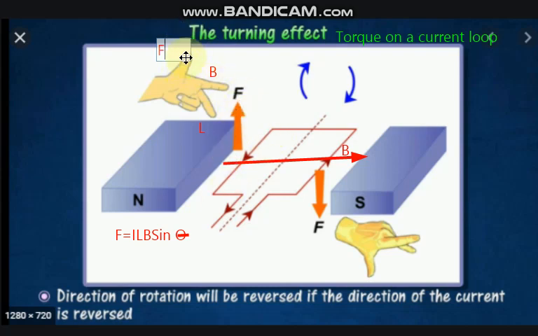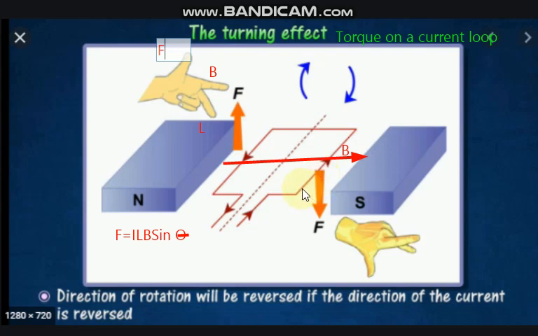So the thumb is indicating the upward direction. It means that the force on this current segment is upward. Actually, this finger is not showing L, it is showing I. The direction of L is the same as that of I, the conventional current flowing in this segment. So this application of the left hand rule gives us the direction of magnetic force acting on this segment as the upward direction. Now come to the second segment,